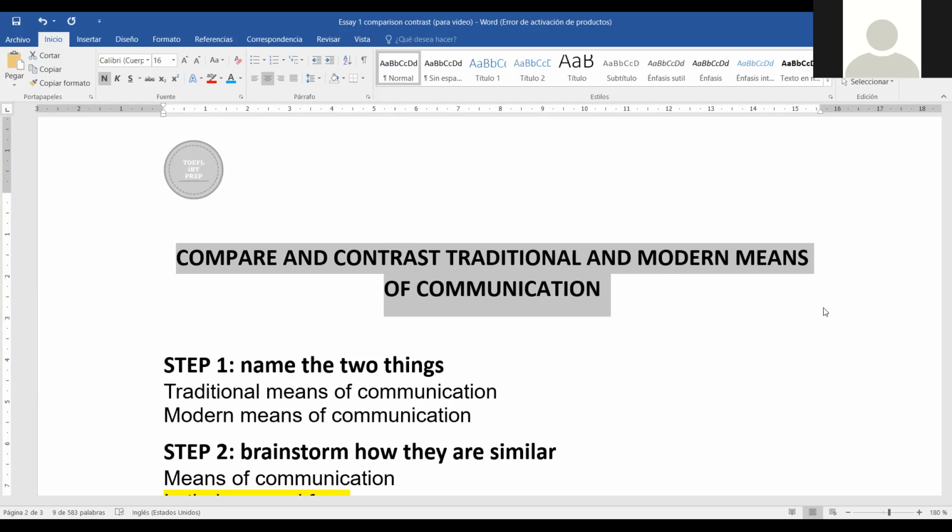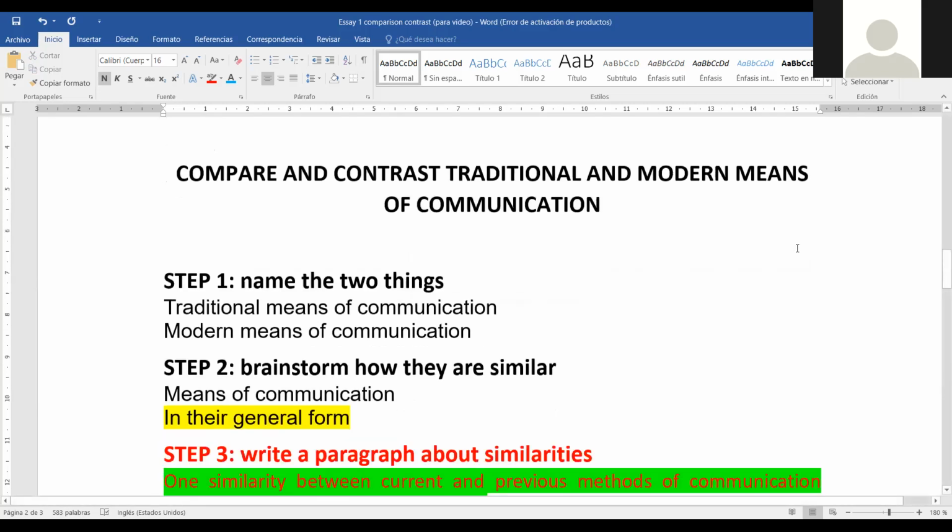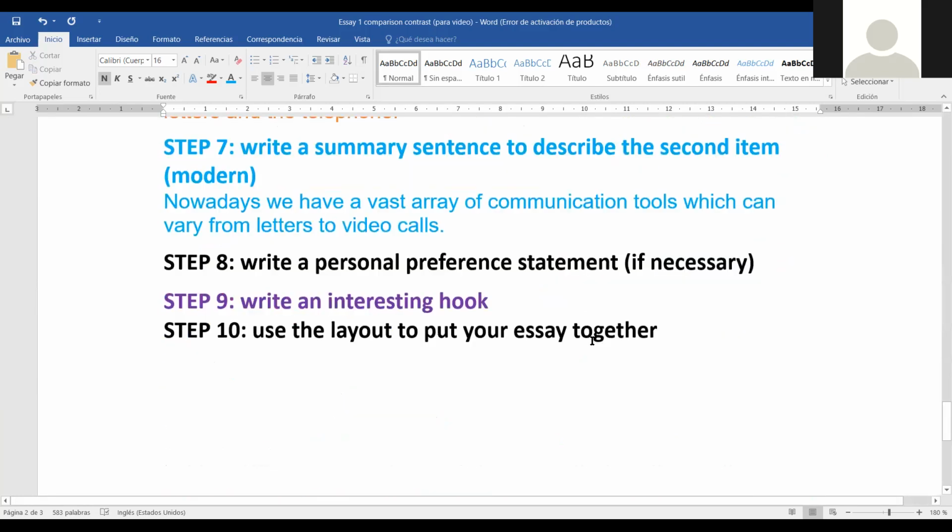If you're comparing and contrasting, as a matter of fact, you're saying an opinion. But in this topic, you're not supposed to say, I prefer the old style because I am old fashioned. No, it is not asking you to do that. Or I prefer the modern style because I am a modern guy. You're not asked. However, remember that in some TOEFL exams, you will be asked something like include your thoughts, or what do you think, or choose one. That would be different. That's why in step number 8, I wrote if necessary.